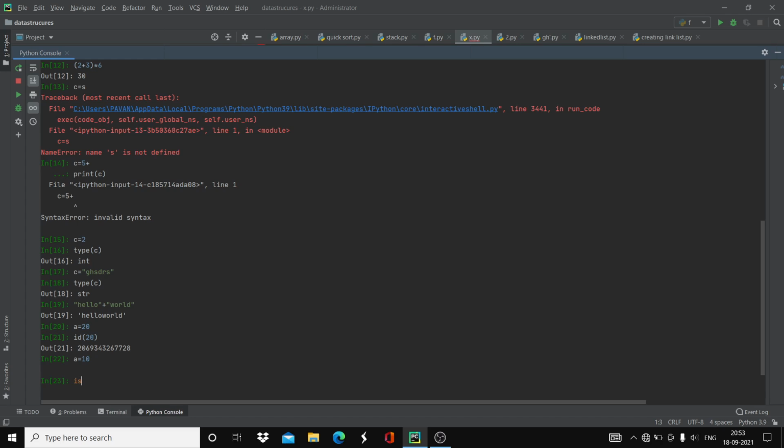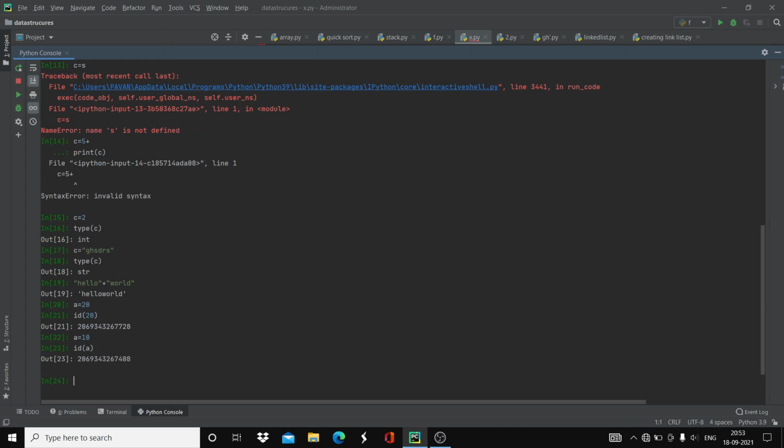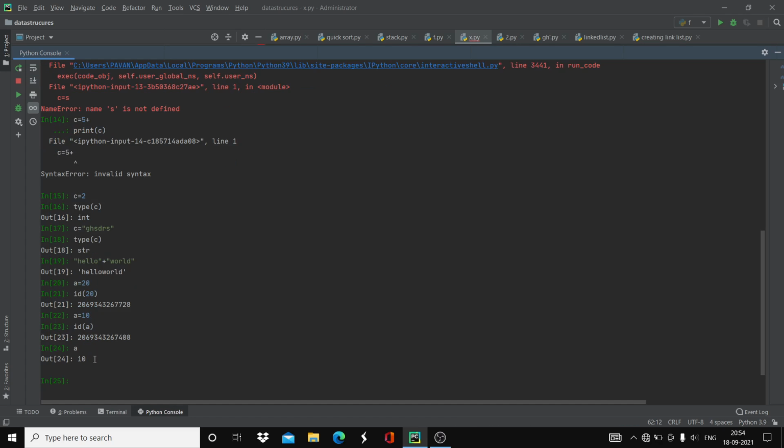Now print id of a. You can see that at the start the value was 20, and now when you print a, it is printing 10. At the start, the address of a was like 2069, and after assigning 10, the address has changed.